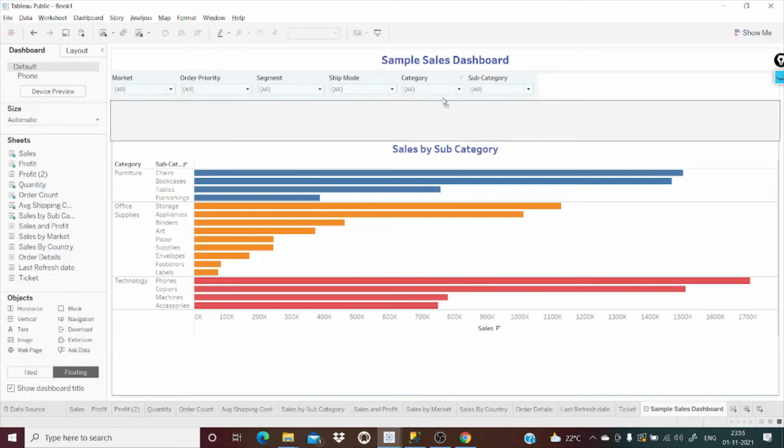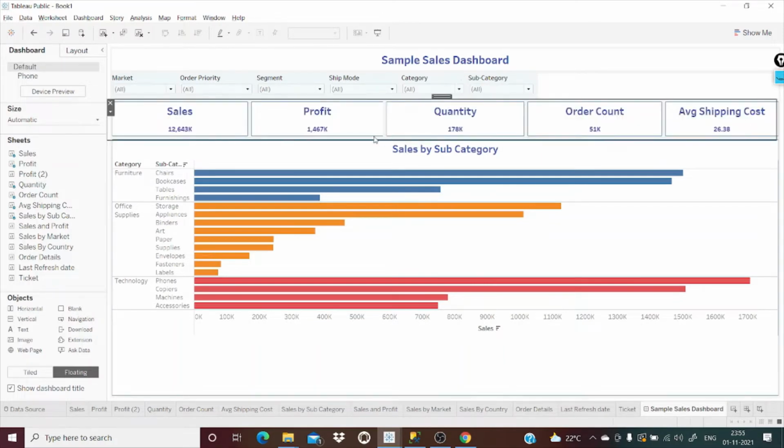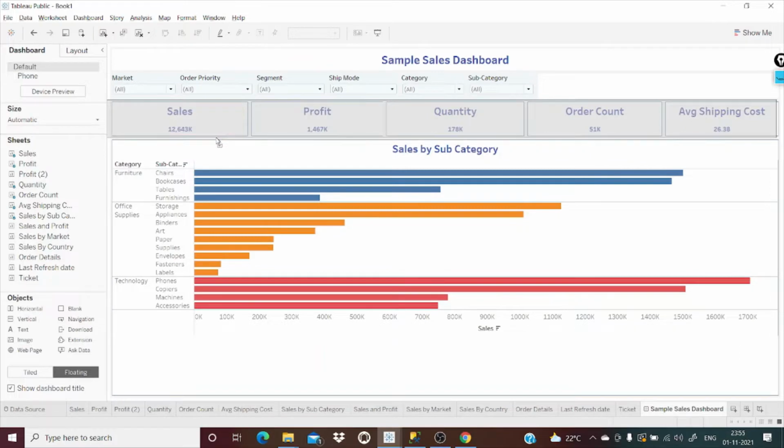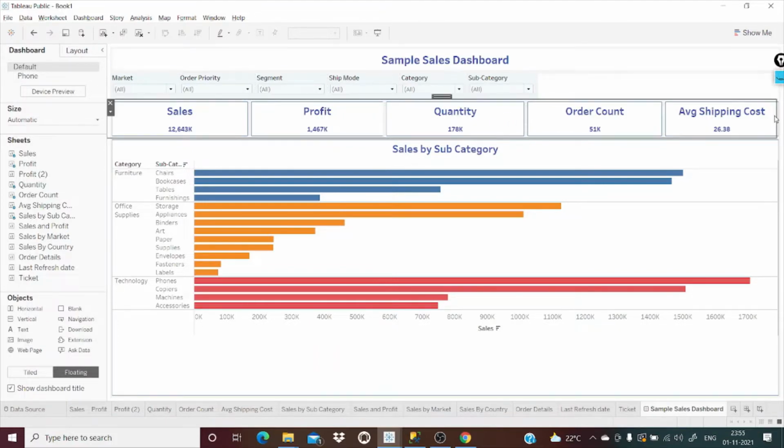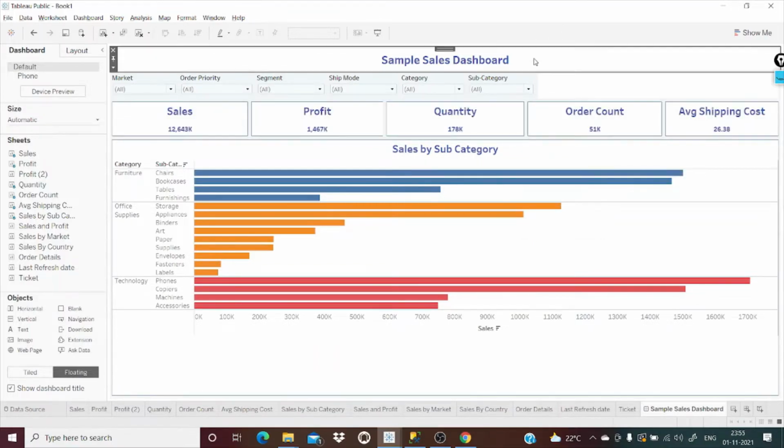Drag it down, reduce the size. I would like to fix this one, but I will do it for now. Fine. Cool.